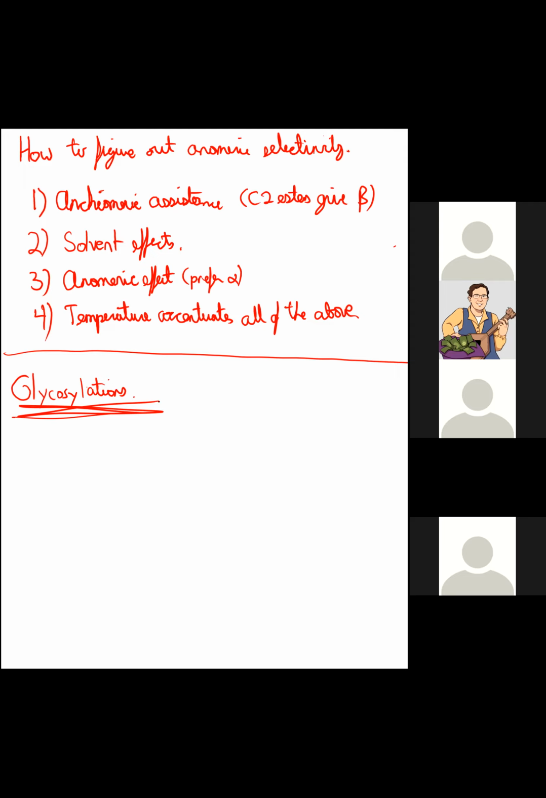I'm going to underline a few times because we're going to spend the next little bit talking about it. So we've talked a lot about these anomeric bromides. How do we get them? Because